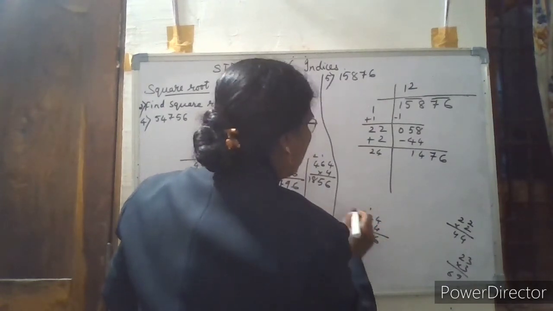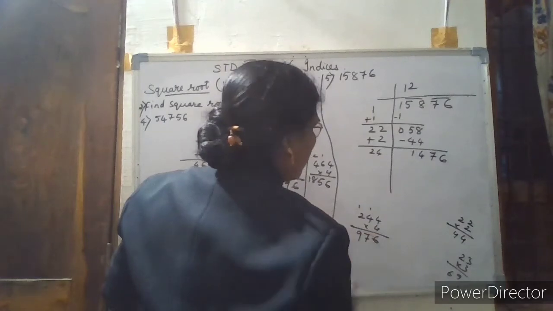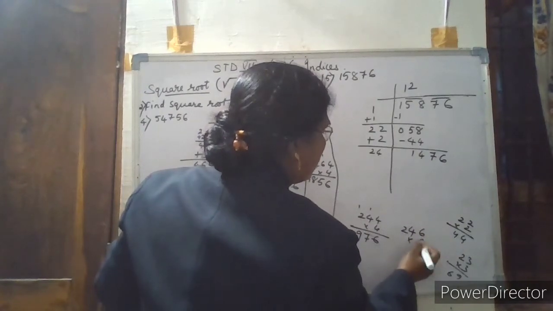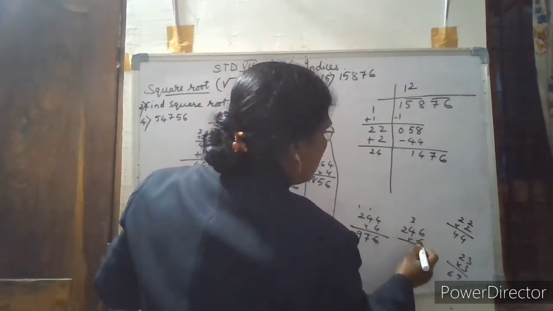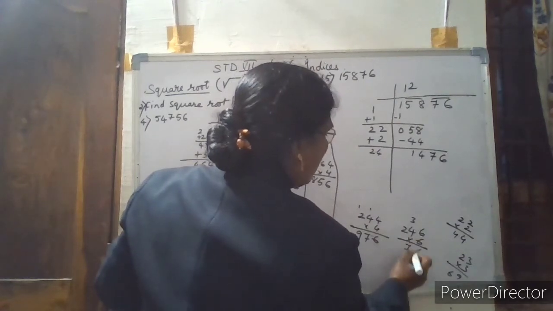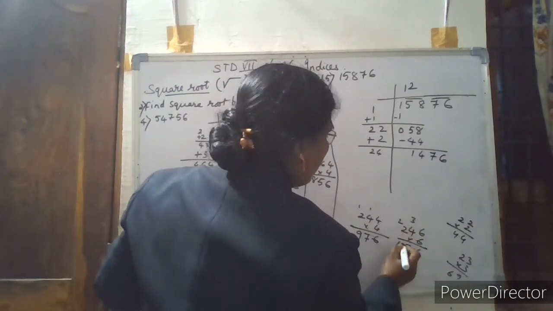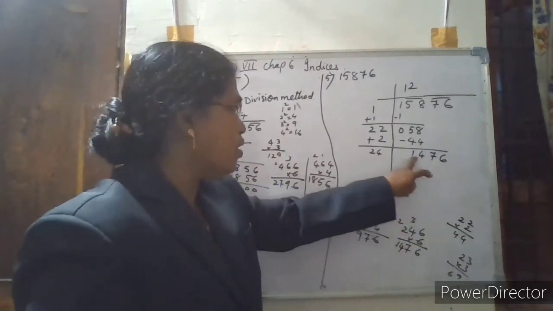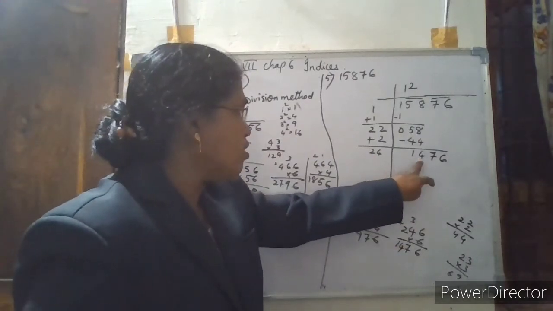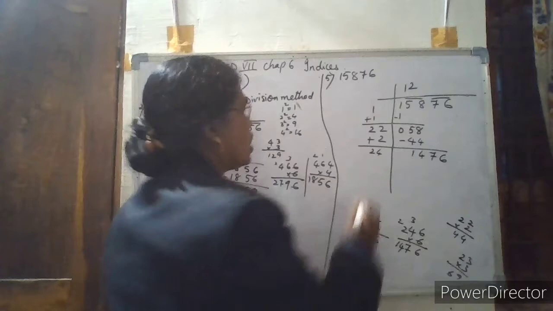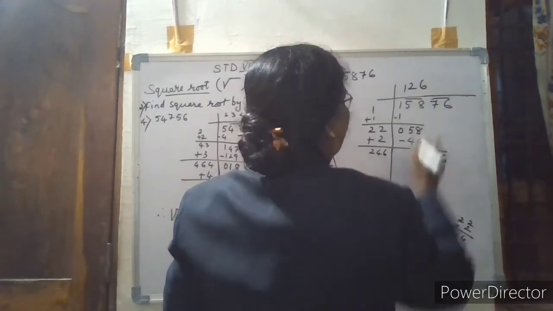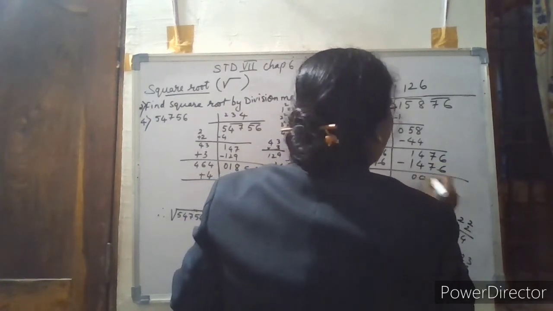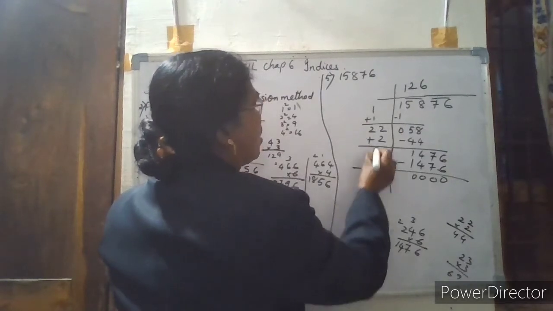I am not getting. So let us take 2 4 and then I'll take 6 into 6. 6 6 is 36. Carry 3. 6 4 is 24, 25, 26, 27. Carry 2. 6 to the 12, 13, 14. I have got it. So when I took a 6, I got the same remainder, that is 1476. So here you write 6 and here also write 6. Plus 6, you add here and write this number as it is. Minus, I got here 0 0. Adding means I got 12 here, 2, carry 1, 4 plus 1, 5.